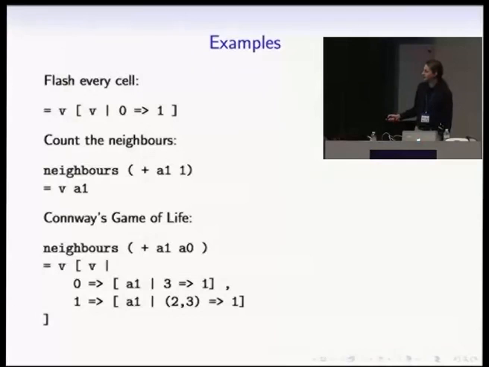But this, again, counts the number of neighbors that are set to 1, stores that in A0. Then for the current value, if the current value in this cell is 0, and it has 3 neighbors, then they breed and you get a new value here, so it sets it to 1. If the current value is 1 and you have 2 or 3 neighbors, then it's happy and healthy and it stays alive. If it has only 1 or 0 neighbors, it gets lonely and dies. And if it has more than 3 neighbors, it starves to death.